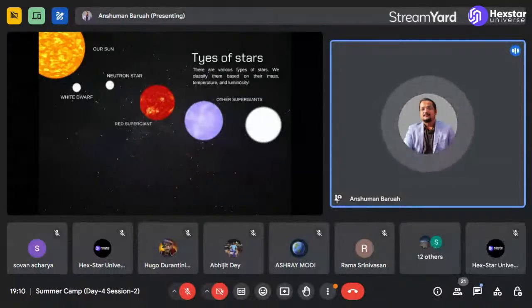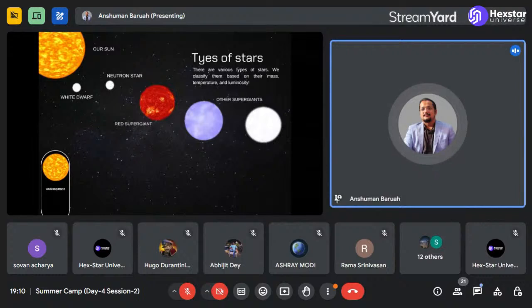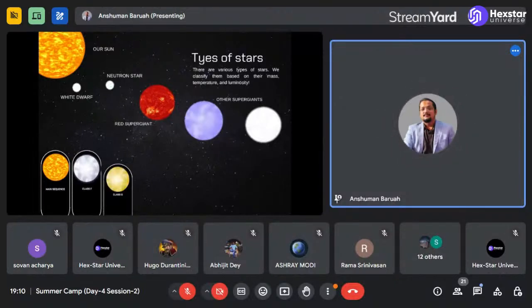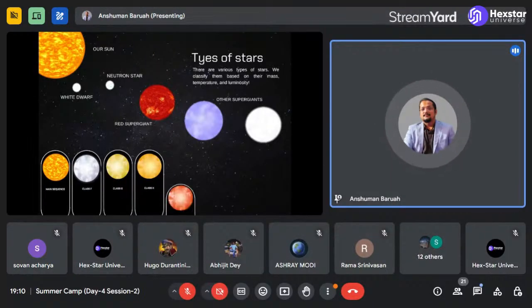The proper classification of stars is based on their luminosity and temperature or radiant energy. And as I've already said, our sun falls in one of these classifications. Specifically, it's a G2 type of star. We call them main sequence stars. And then there are class F stars, class G stars, class K stars, and so on.